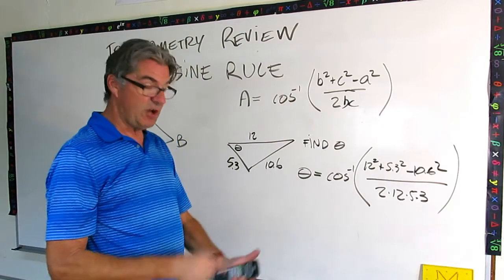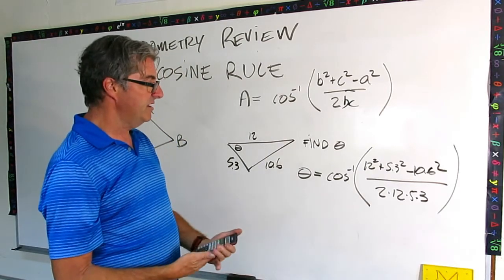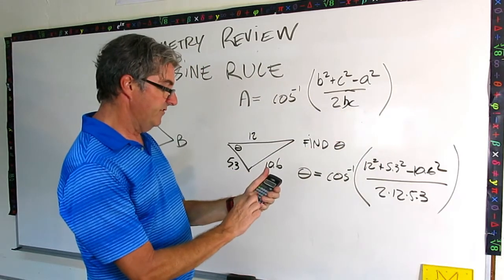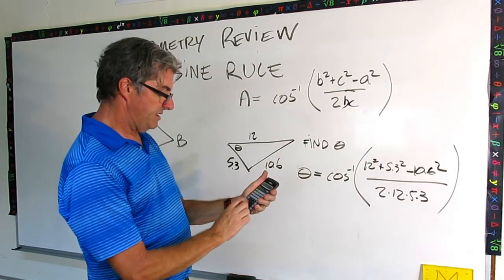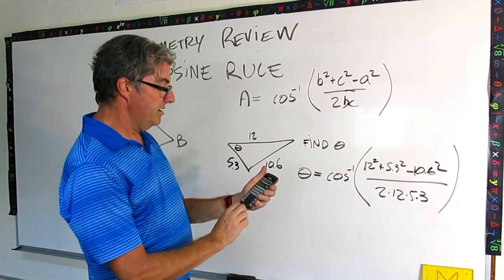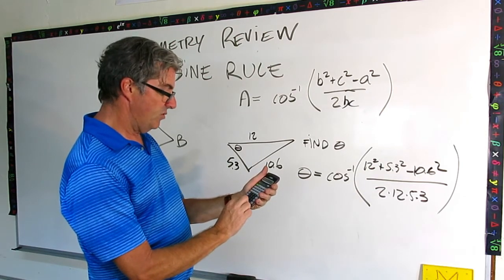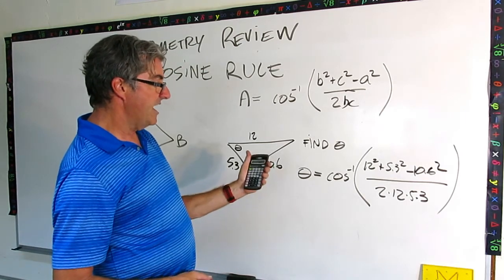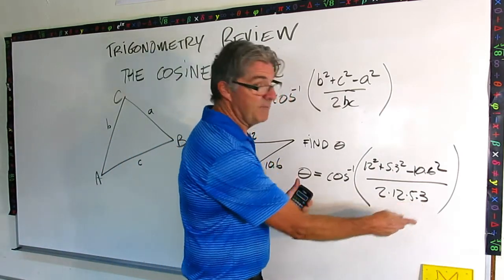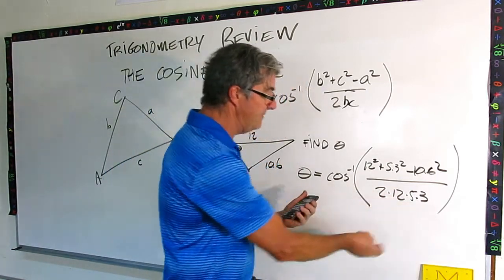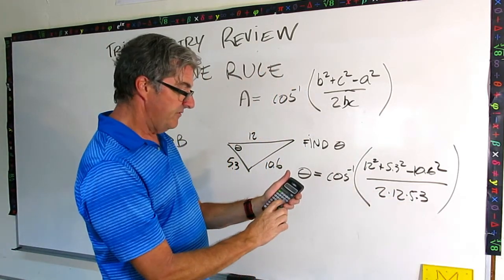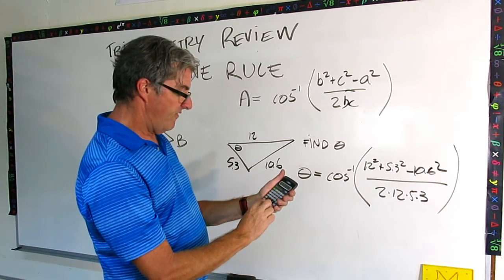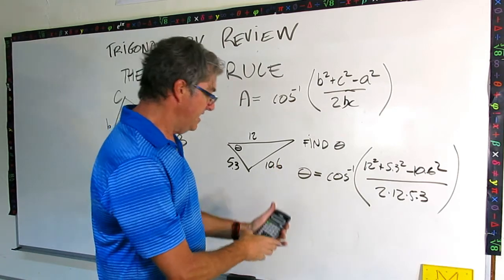Okay, now I think I can do this all with one session on my calculator. I'm going to calculate the top of this. I'm going to do 12 squared plus 5.3 squared minus 10.6 squared equals, and then I can just divide it by each of these three numbers in turn. I don't have to actually multiply them. I can just divide what I have now. So divide by 2, divide by 12, divide by 5.3, and I get